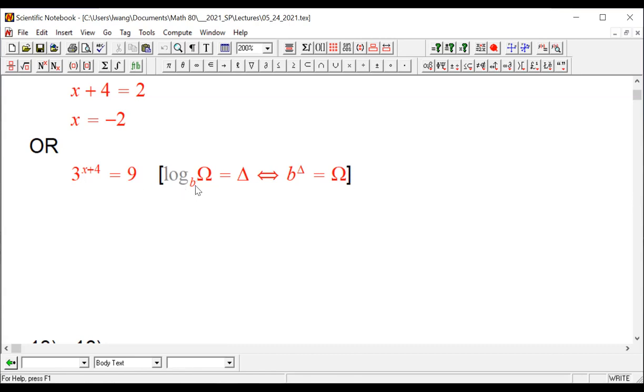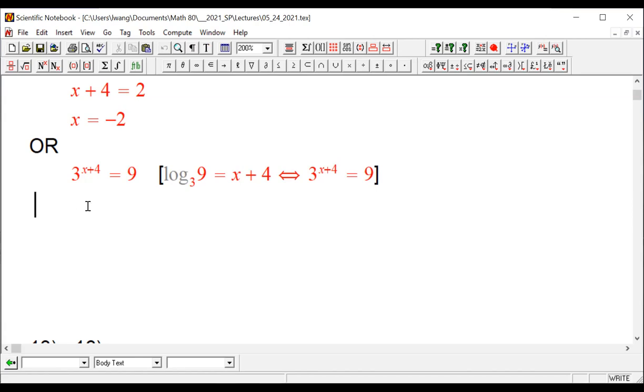In our definition, of course, the base is 3. The base is 3, right? And the power, the exponent, is x plus 4. So that's x plus 4, right? The output is 9. 3 to the power x plus 4 is 9. So that is 9,